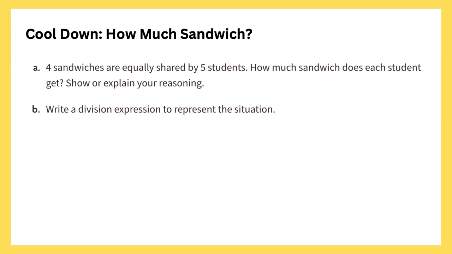All right, so our cool down says how much sandwich? A, 4 sandwiches are equally shared by 5 students. How much sandwich does each student get? Show or explain your reasoning. Well, I know that if I have 4 sandwiches, my fraction is going to be 4/5, because again, if we have